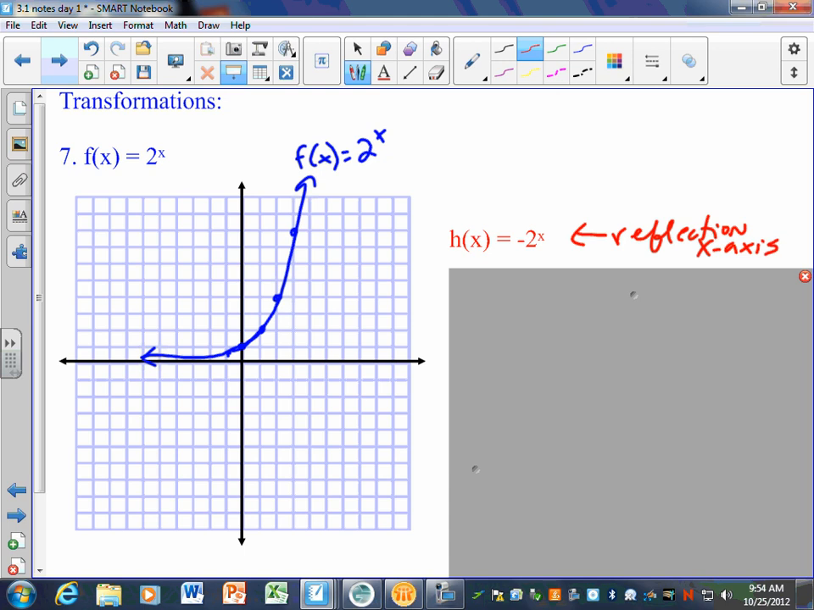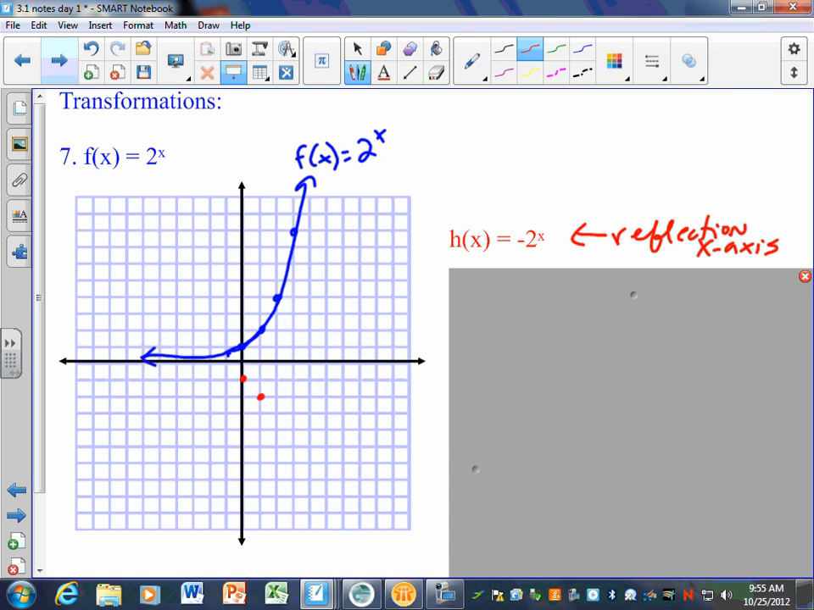which means you could just make an xy chart, but if you know that and you see that, you're just going to take that exact graph that you know 2 to the x looks like, and you're just going to flip it over. Now, no matter what you plug in for x, because it's negative, all of your y values are going to be negative. So when you plug in 0, you actually get -1. When you plug in 1,